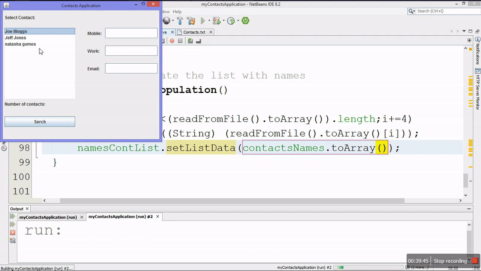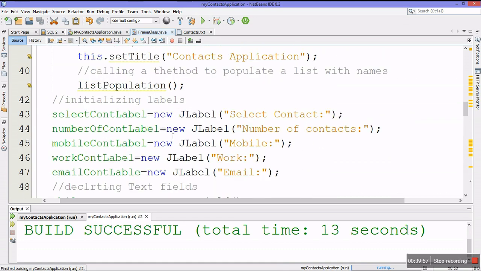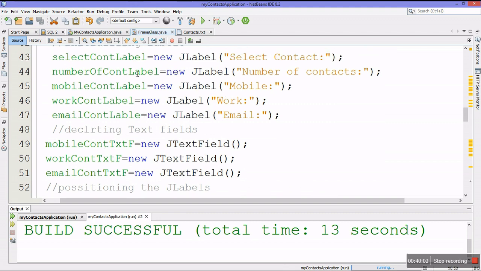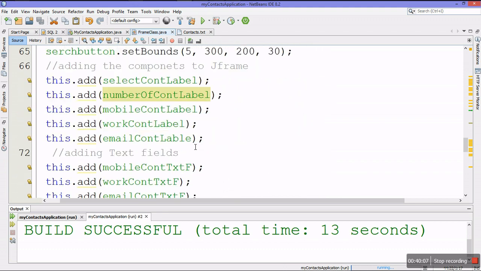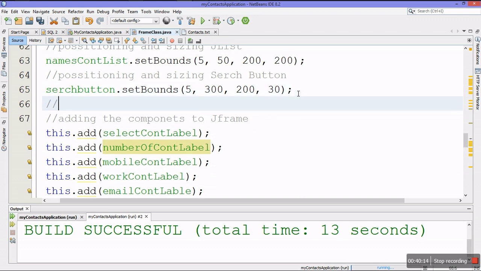Now guys, one thing I want to do is update this JLabel over here. I want to display the total number of contact names that are in our list. So to do that, I'll go to my constructor, then where I just initialized that label, which is going to be this one, I'm going to copy it, and then I want to initialize the label over here right after adding, so not after positioning. So here what I want to do is add new text